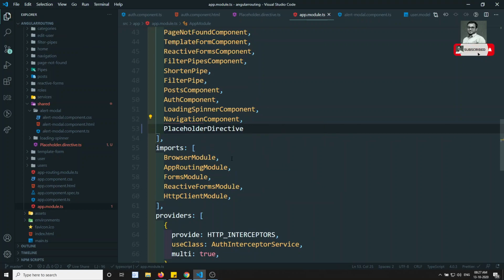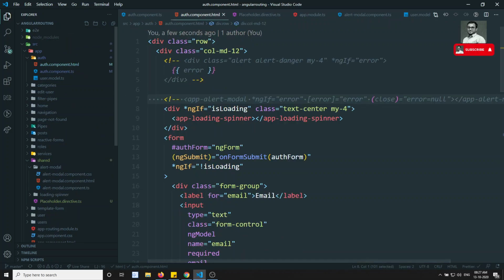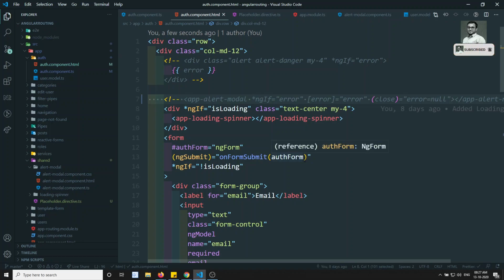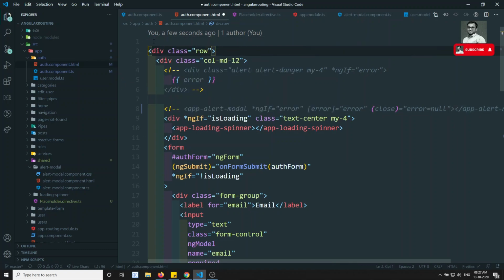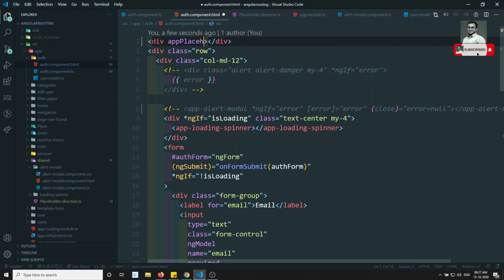So we placed this placeholder directive, and let's go to the auth component. So we have created a placeholder directive, and now we will try to use that placeholder directive here in this one. So now what I can do is create any div, and I can add something like app placeholder, like this.